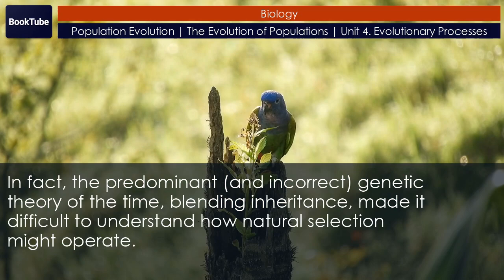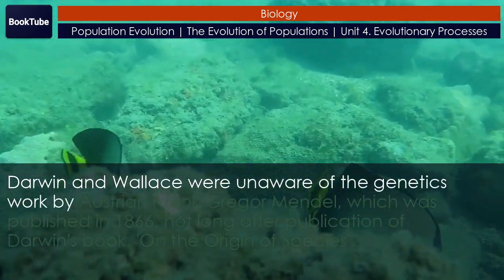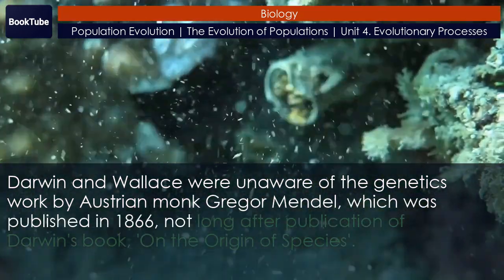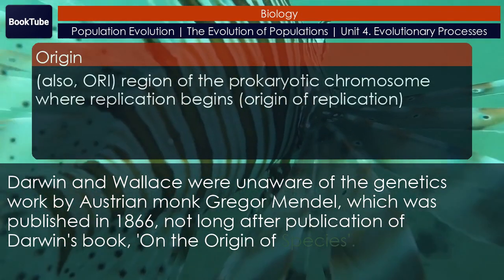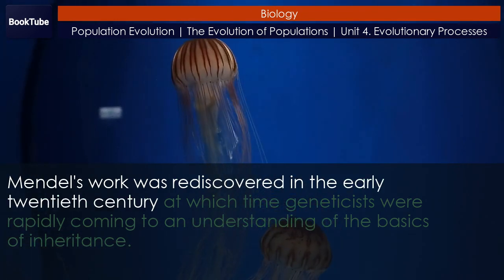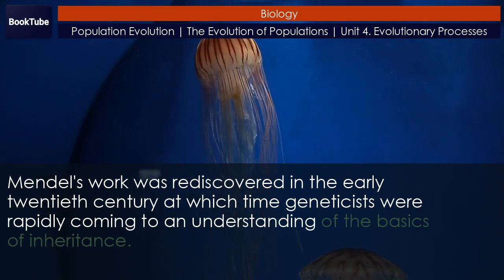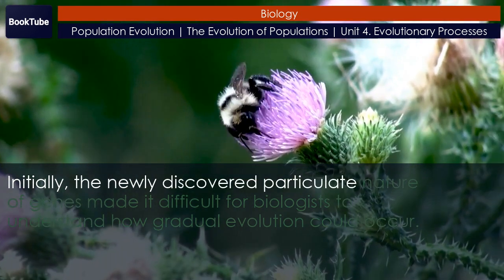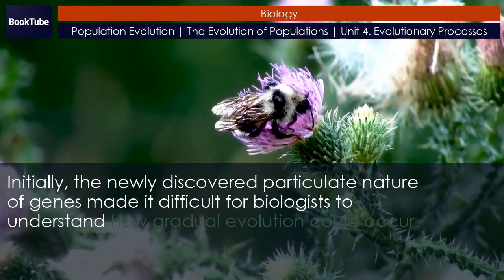selection might operate. Darwin and Wallace were unaware of the genetics work by Austrian monk Gregor Mendel, which was published in 1866, not long after publication of Darwin's book, On the Origin of Species. Mendel's work was rediscovered in the early 20th century, at which time geneticists were rapidly coming to an understanding of the basics of inheritance. Initially, the newly discovered particulate nature of genes made it difficult for biologists to understand how